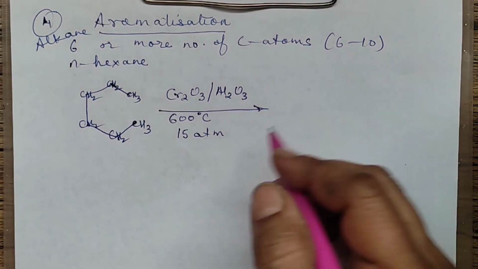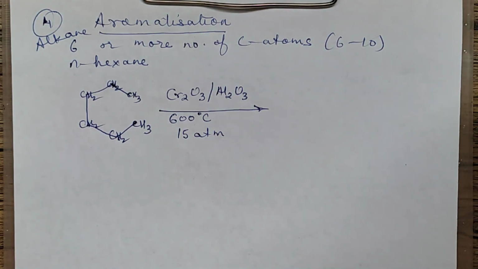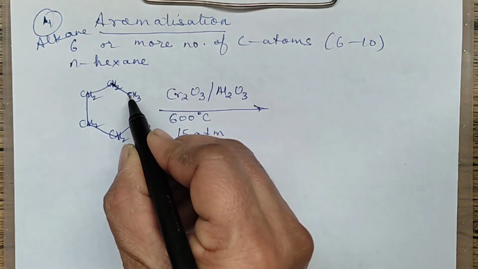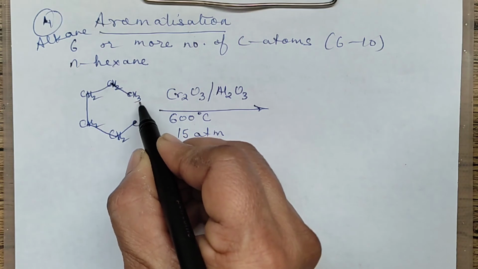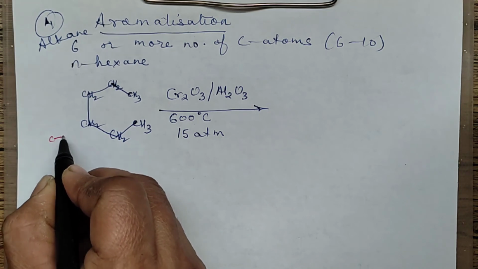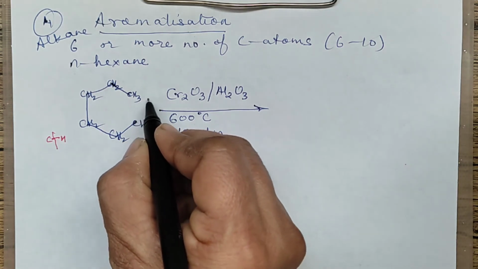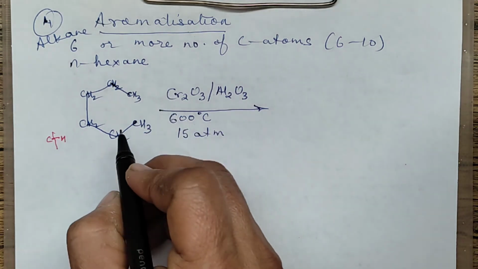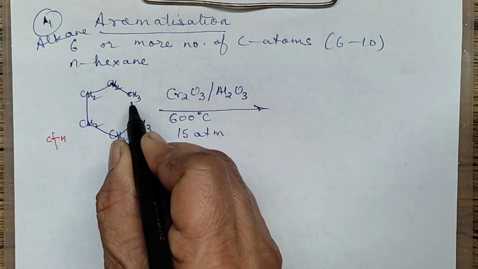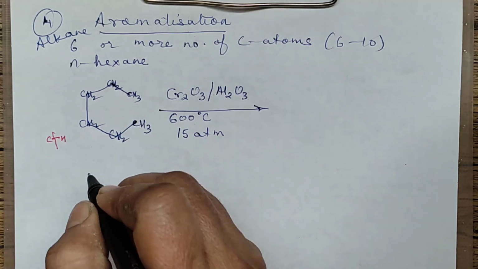Now what actually happens in this? That we will understand. When it is undergoing aromatization, it will be forming benzene. But before that, you just see there is a bond between carbon and hydrogen atom. So one of the bonds between carbon and hydrogen, that H comes out. That means if I write separately, this carbon hydrogen bond will break by homolytic fission. It will form one hydrogen free radical here. This also will break. So both these carbon atoms will get a free radical, here there will be a free radical, here also there will be a free radical.